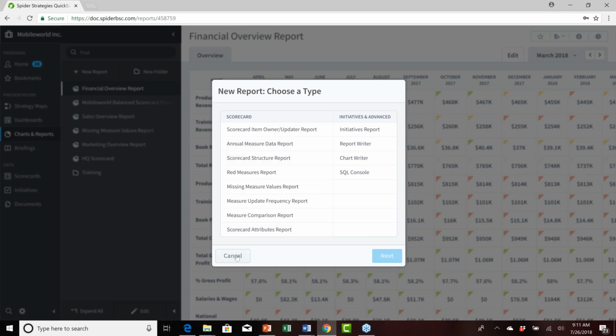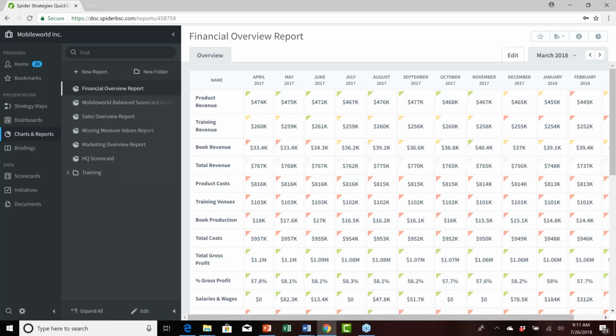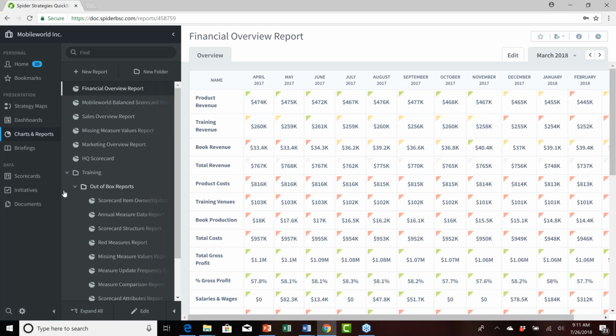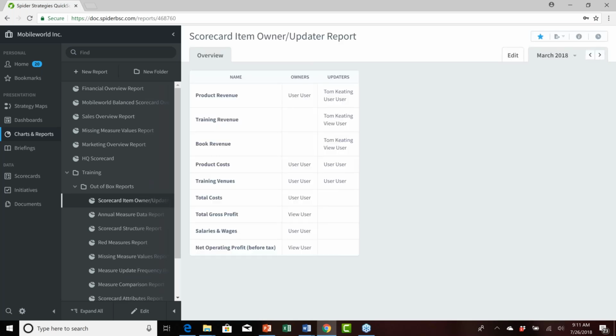up as a report? So I'm going to cancel out temporarily out of the report development phase and just share with you the nature of some of those out-of-box reports. And we'll do this quickly, but I just want you to have a visual on what are we talking about with those different types of out-of-box reports. So the first is our scorecard item and owner and updater report. We've seen this now a couple times. It's a pretty simple report, just allowing you to view elements of your scorecard and who the owner or the